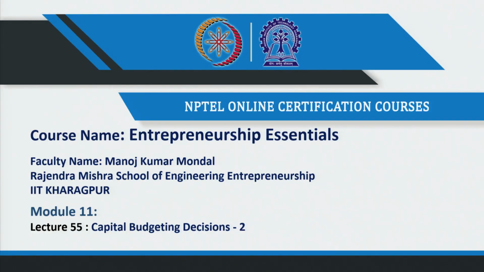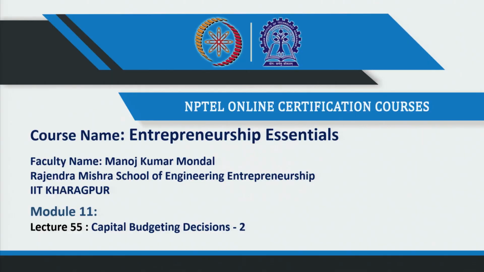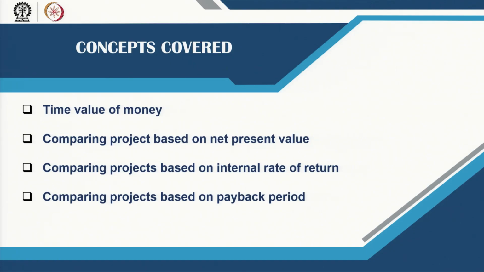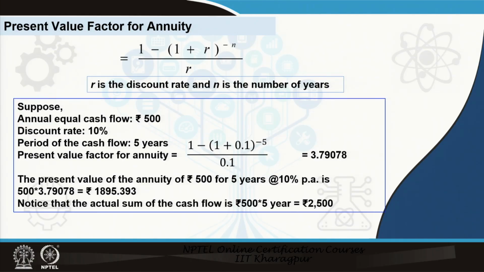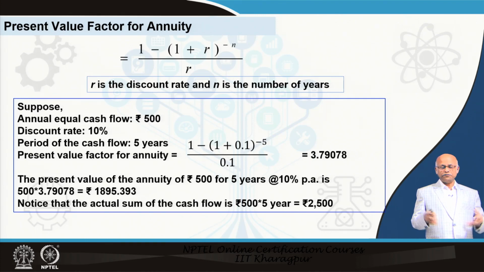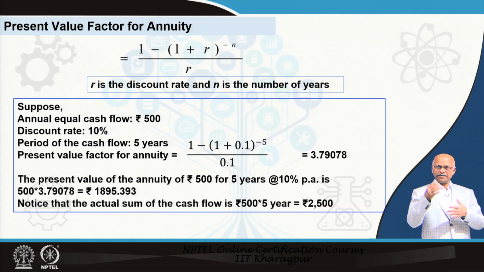Welcome. So, we will continue our discussion from the previous session, where we initiated talking about capital budgeting decisions based on various models. We have discussed discounted cash flow, and we did not give the formula for present value factor. So, here it is, present value factor for annuity, meaning if you know that cash flow is equal amount